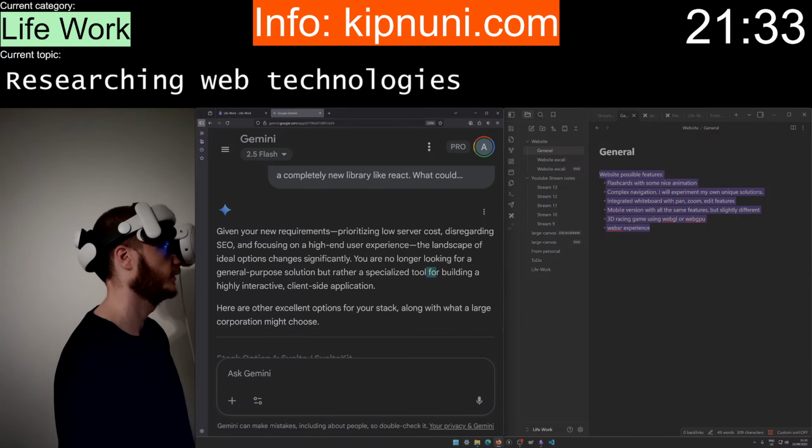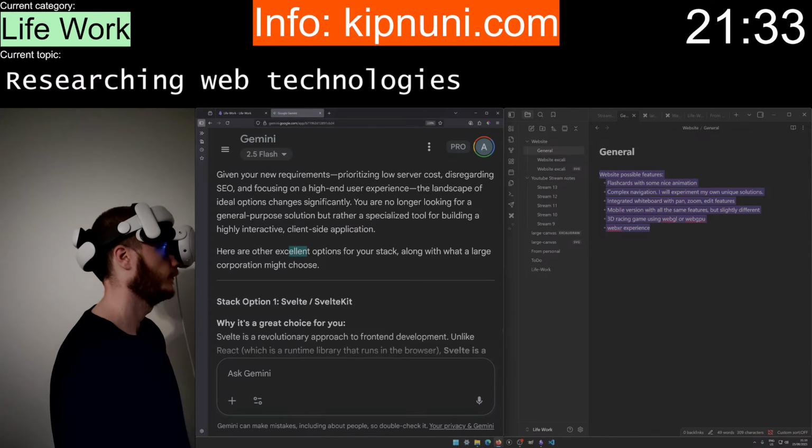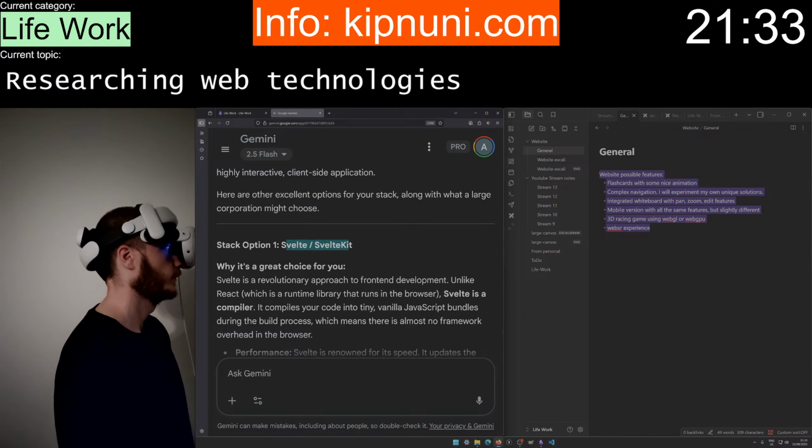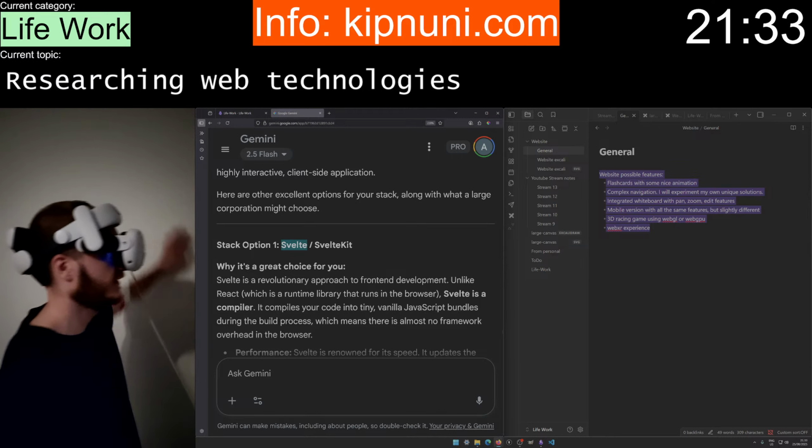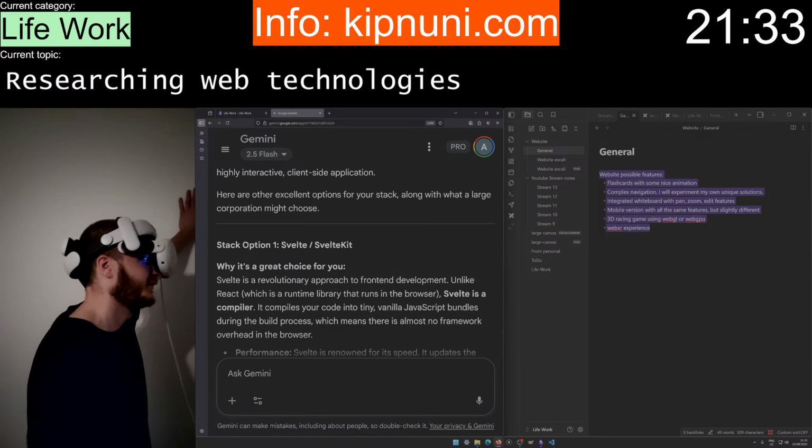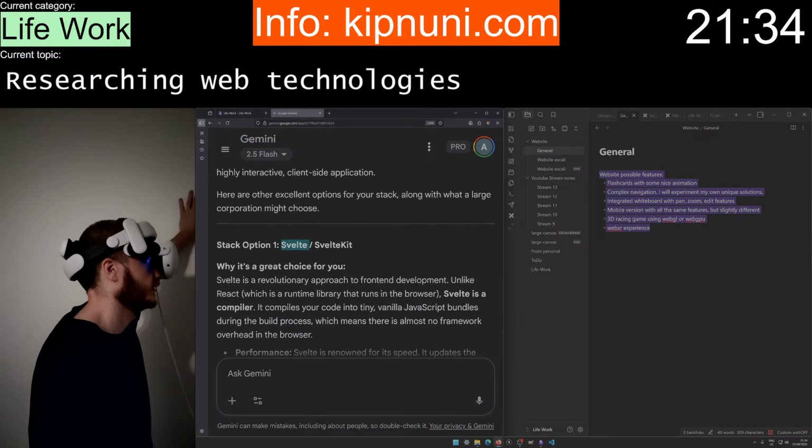Specialized tool for building. Okay, it mentions Svelte. I fear that Gemini thinks it's better than it really is because I mentioned that.